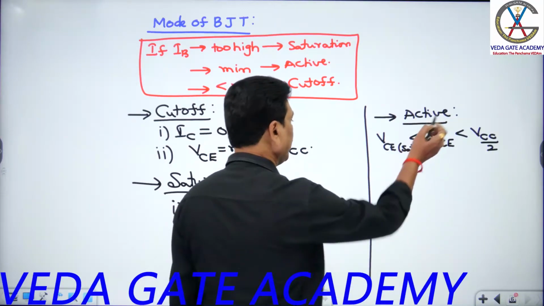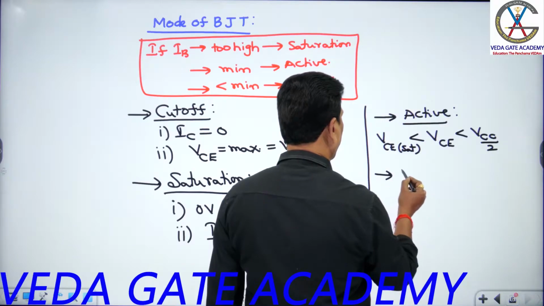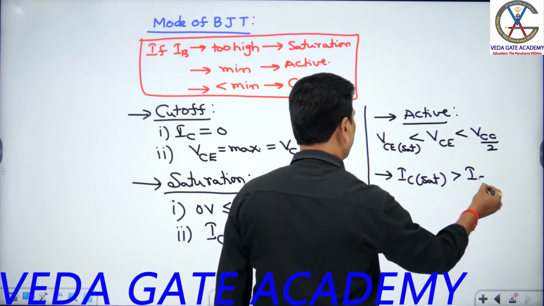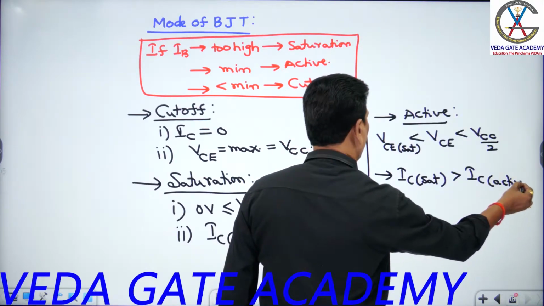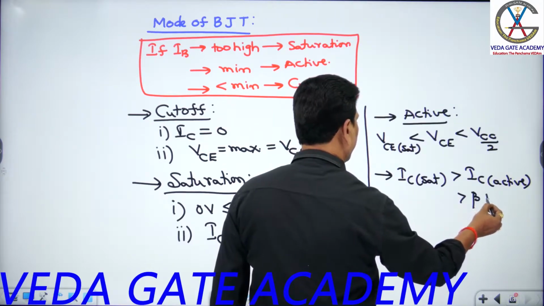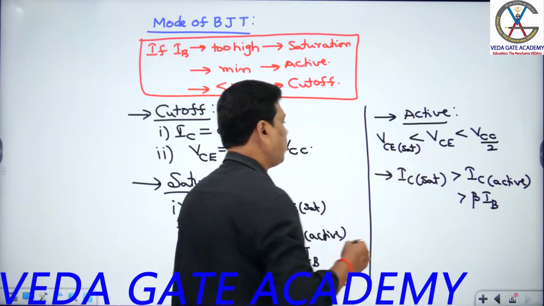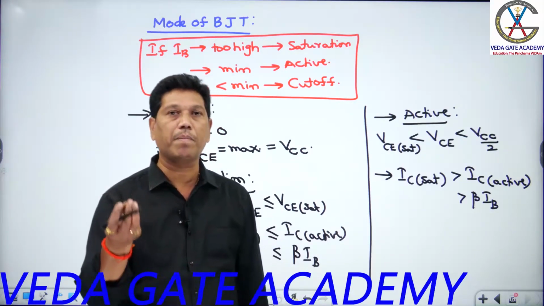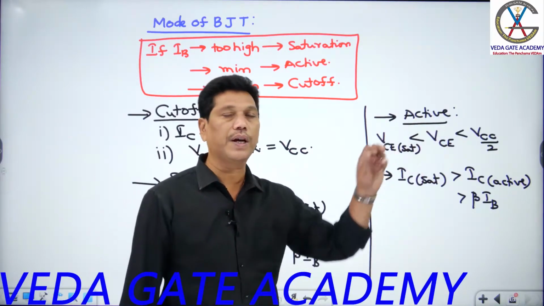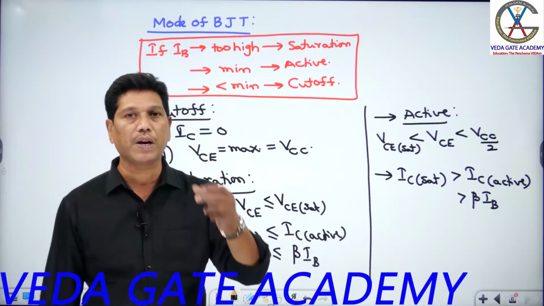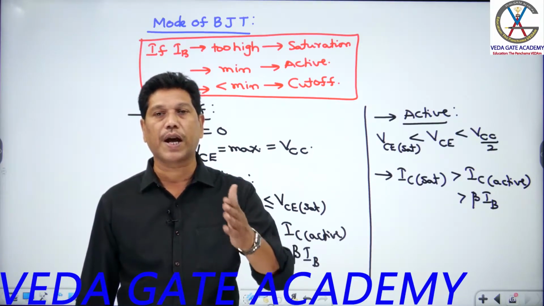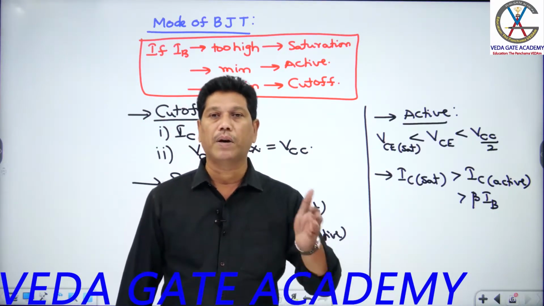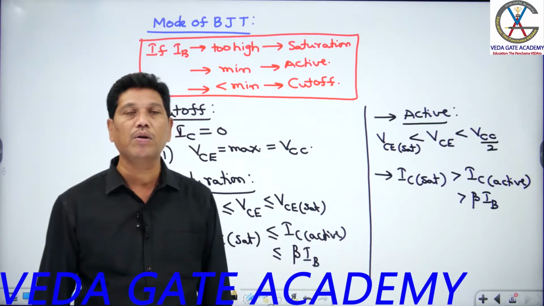Okay. Next here, what are the corresponding currents, students? IC saturation is greater than IC active, that is, greater than beta IB. Means IB is less than IC saturation by beta. So IB must be minimum in the active region, students. So in the case of a BJT, power appears as heat only in active mode, where VC and IC are non-zero. So heat dissipation is possible in active mode, such that wherever the BJT operates as an active device, power dissipation in the collector region is possible, and such a circuit is called a dissipative power supply circuit.